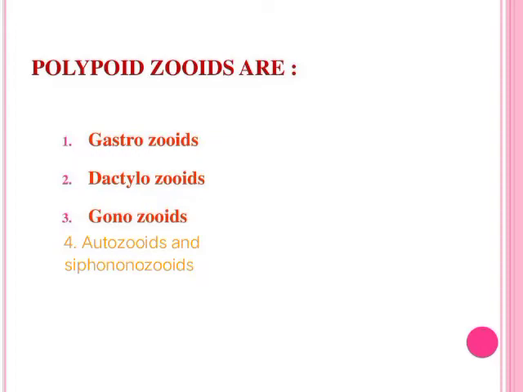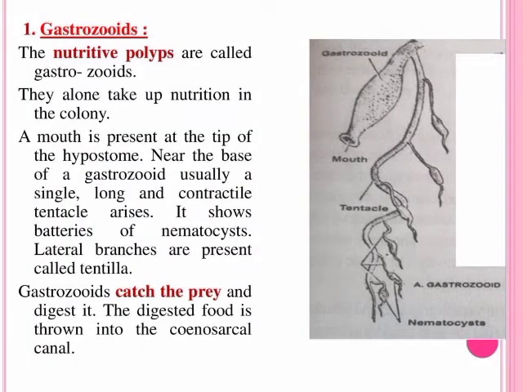Gastrozooids. Gastrozooids, also called siphons or hydranths, are the tubular or saccular nutritive polyps. They are provided with mouth, manubrium, a basal tentacle for food capture and ingestion, and spacious coelenteron for extracellular digestion. Tentacle is armed with batteries of nematocysts to anesthetize or paralyze the prey. In some cases, tentacle will have numerous lateral branches called tentilla.